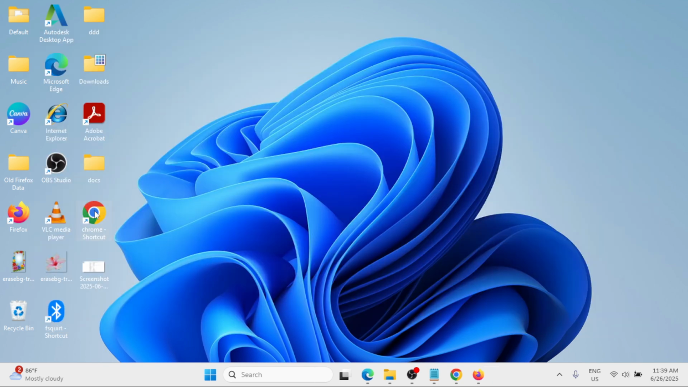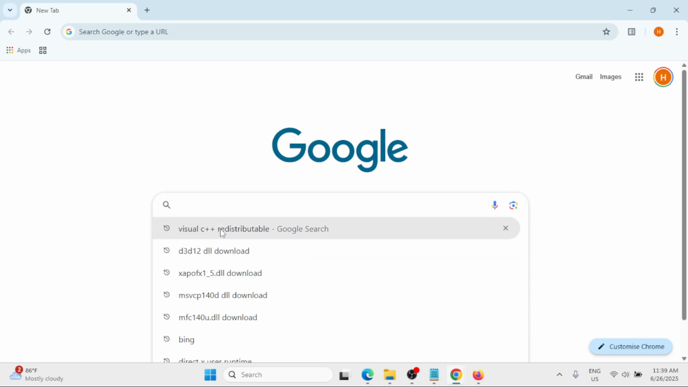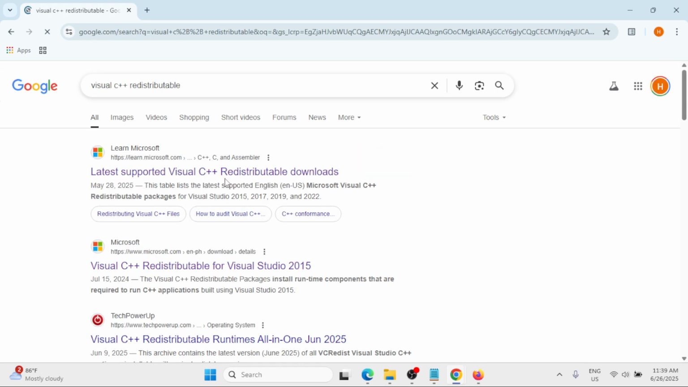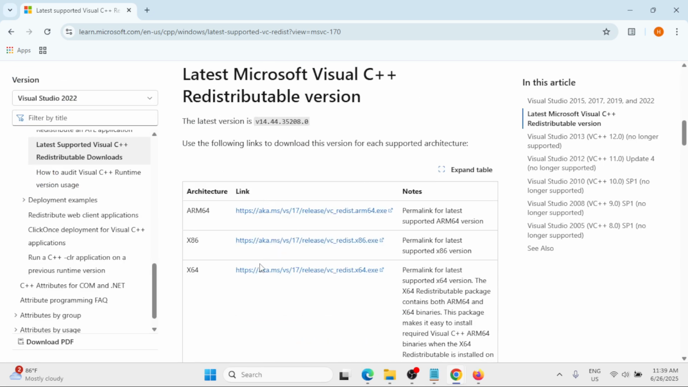And then open any of the browsers that you have on your Windows and simply search for Visual C++ Redistributable, this one. Click on it for the first result. Scroll down and you'll find the download link that corresponds to the architecture of your Windows. So I've already checked on that. Click on the download link